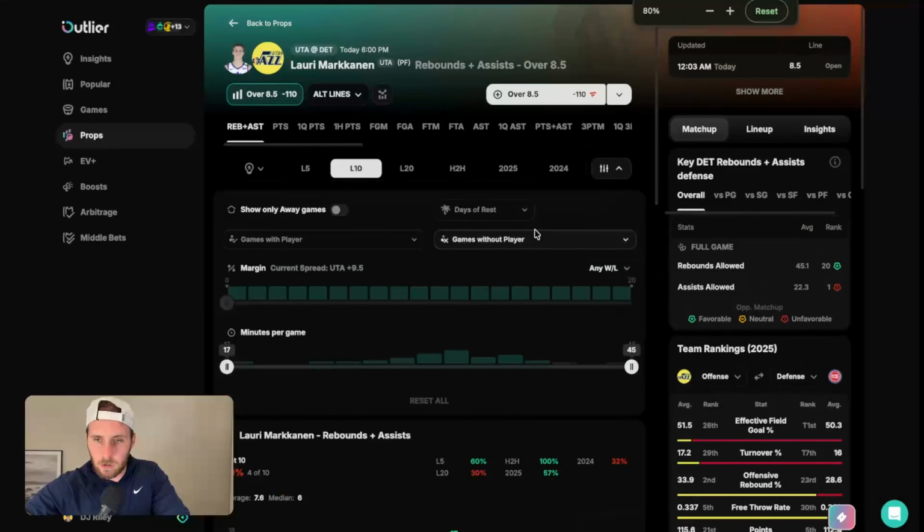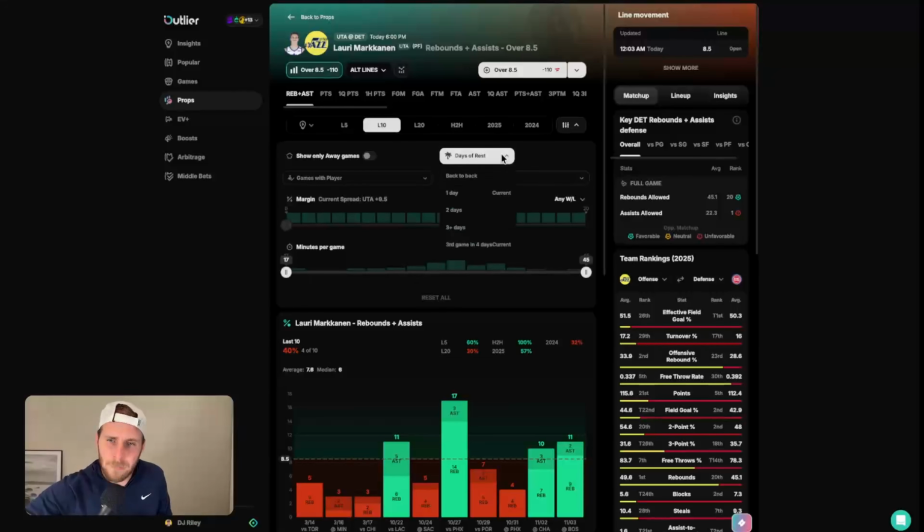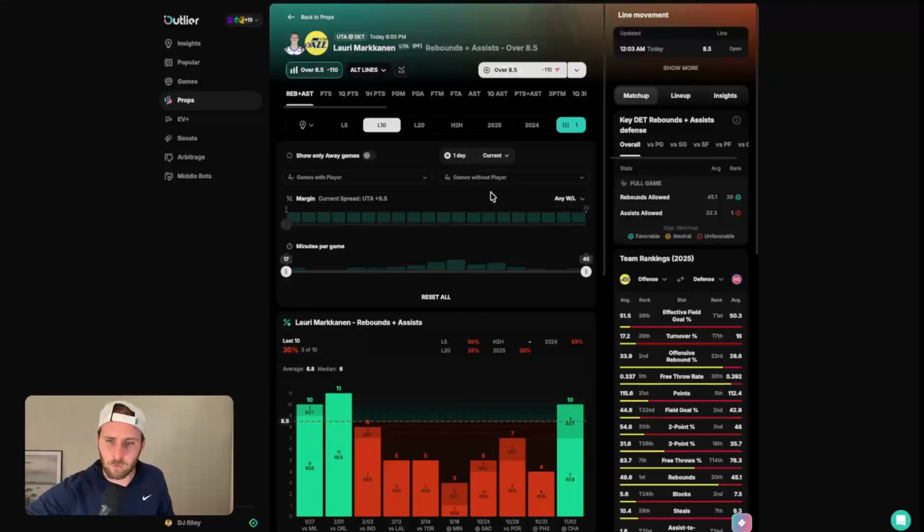So let me back out really quick so you can see how this chart is changing as I'm editing some of this. You can see that overall, just in his last 10, he's hit this over in only 4 out of his last 10. But how has he done whenever he has at least a day of rest? Well, you can see that that number actually goes down for us, but we want to do a little bit